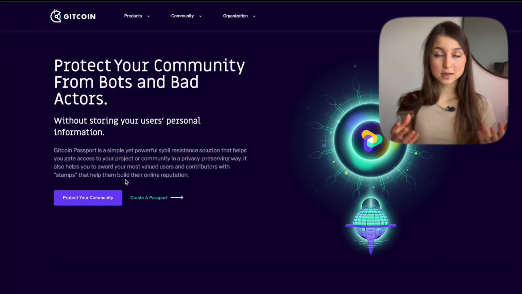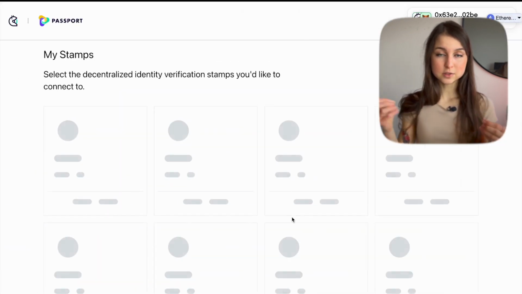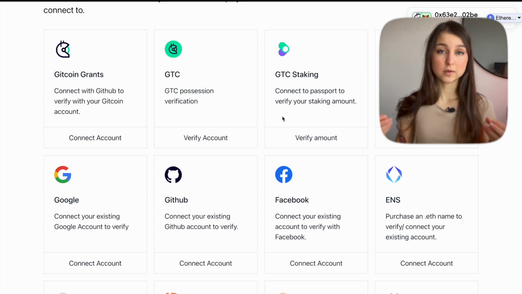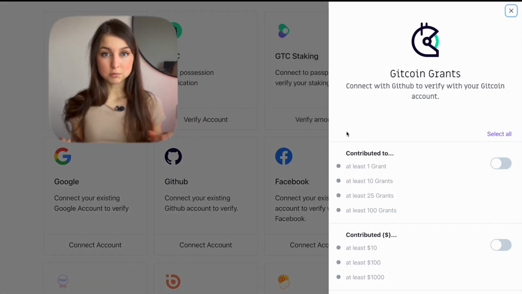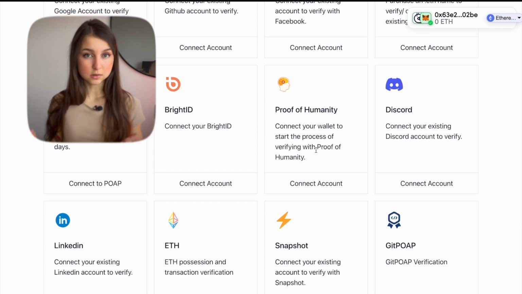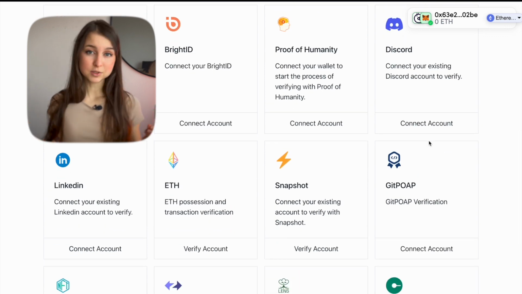To start using Gitcoin, you can just go to the website, connect your MetaMask wallet, and start donating straight away. However, it is also beneficial if you create a Gitcoin Passport. Gitcoin Passport allows you to be counted as a more worthwhile investor in a way. For creating a Gitcoin Passport, you will need a bunch of other social media that you can connect to it. And for connecting other social media, you get stamps. The more stamps you have, the higher the multiplier and the worthiness of your investment is going to be. So if, let's say, you have a passport and you invest $5, it's worth like $120. However, if you don't have a passport and you invest $5, you don't get any multiplier at all,